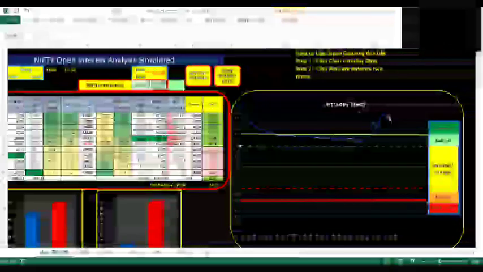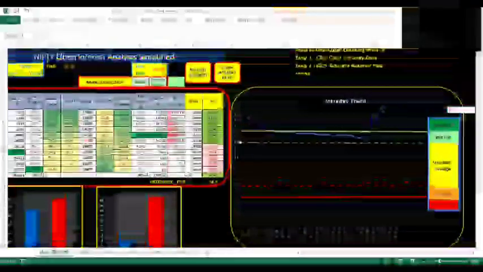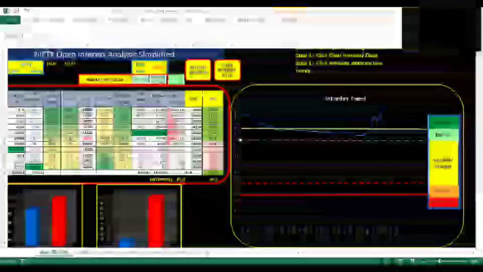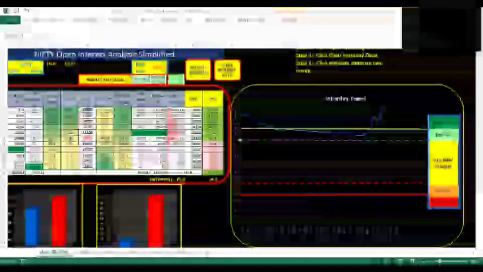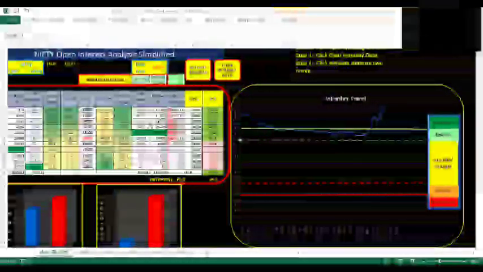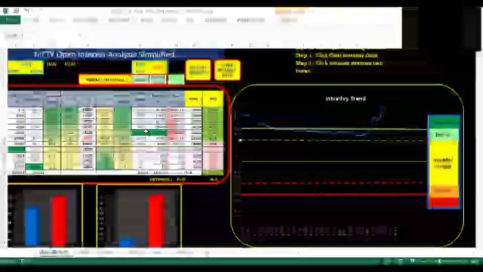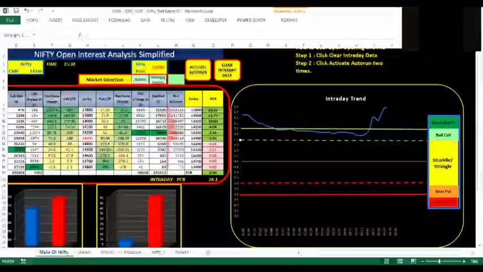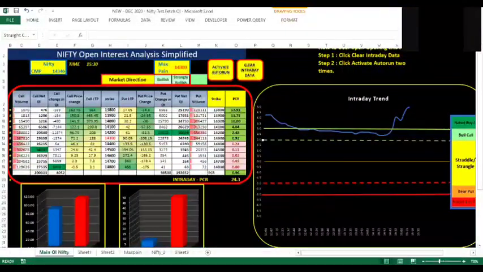So this is how we read this sheet to decide whether we would like to do an intraday trade, or if for positional traders, we can use the resistance and the support levels to decide some strategies which we can do. I have tried using this sheet for doing some expiry trades last week also, and I intend to use it further. I am not an intraday trader, but I have been doing some paper trade based on this market directions on the intraday chart.